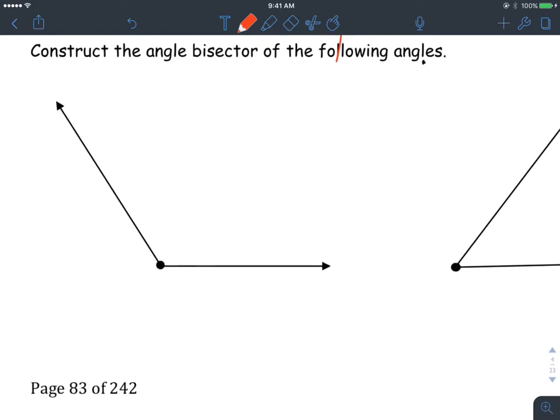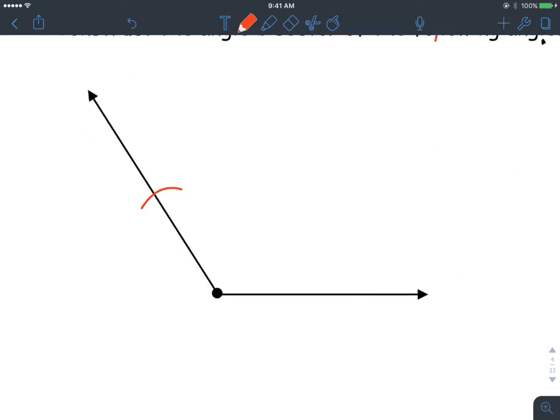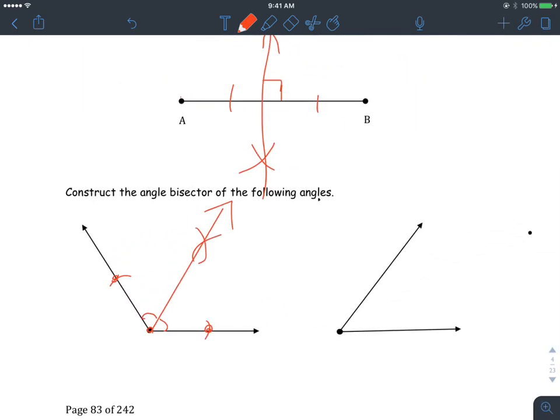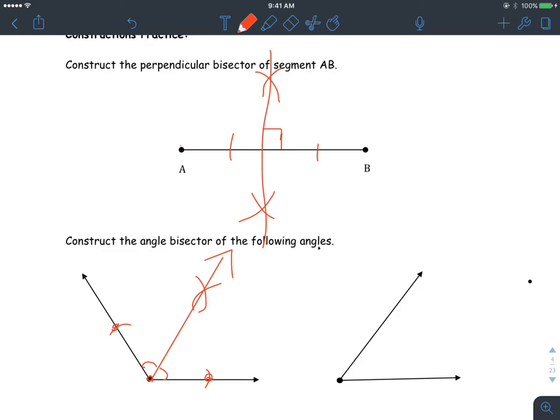Also, angle bisector. This is kind of a rough sketch of the steps. Make an arc, use the same length, centered around the point right there. Then you want to make two other arcs from these intersection points. Make sure you use the same distance, and then if you connect, theoretically you've got an angle bisector right there. So that's a really quick overview. It's not pretty because I don't have a compass for my iPad. So anyways,